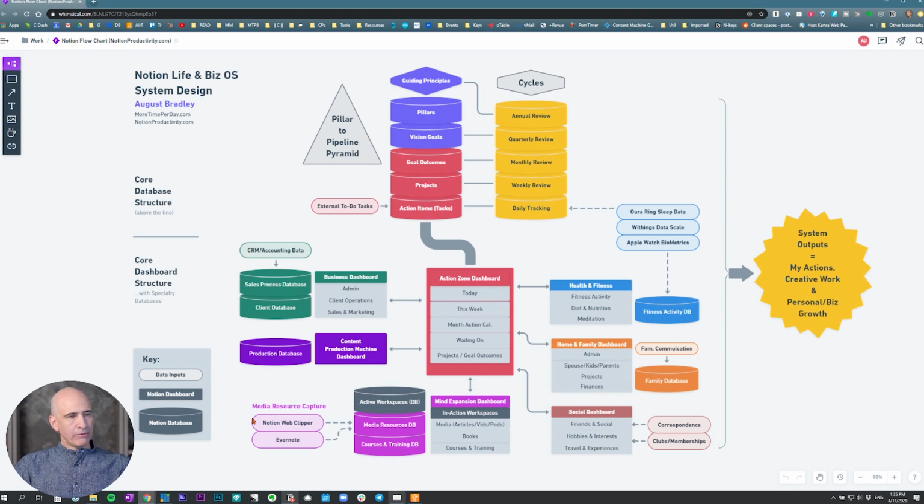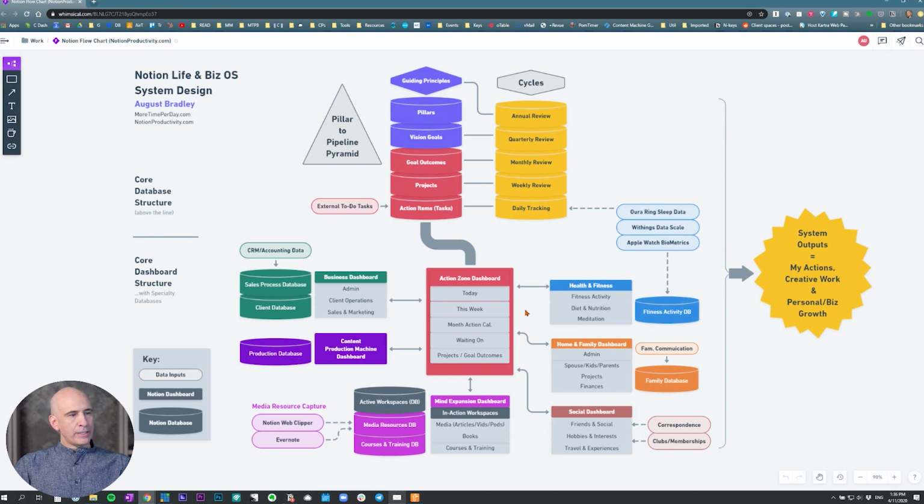But the other zones around it, which we'll come back to, would be business, the business dashboard, content production, my media production like this video, the health and fitness dashboard, the home and family dashboard, the social dashboard for friends and group activities I do, and then the mind expansion dashboard, which we'll get into. But that's basically my vaults, the knowledge management, the knowledge that fuels all these other activities.